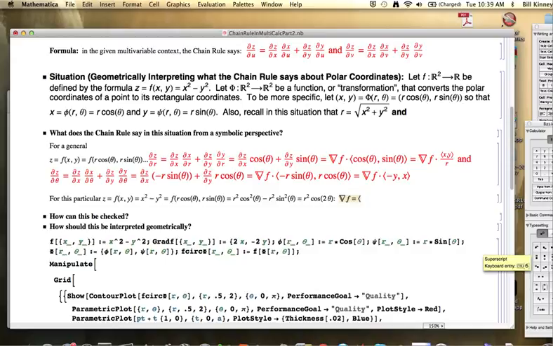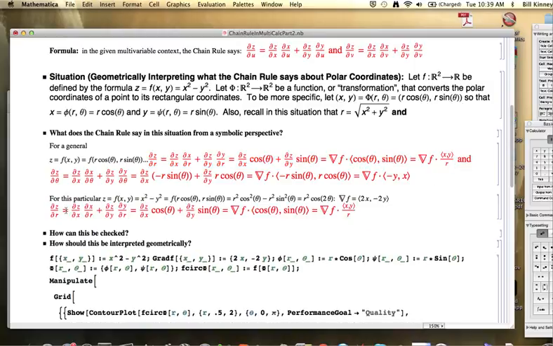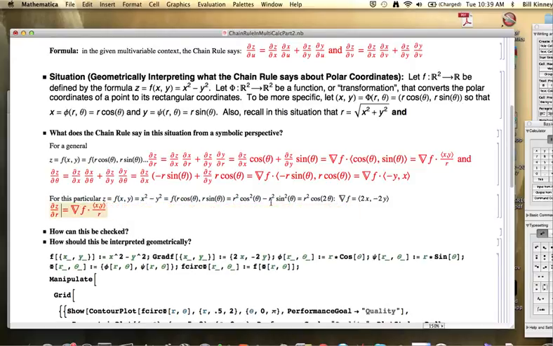The derivative of f of x, y with respect to x is 2x, and the derivative with respect to y is negative 2y. So I can put a 2x comma negative 2y in here. And what that's going to then mean, if I copy and paste these down, is that for the partial derivative with respect to r, I could ultimately write this by doing those dot products